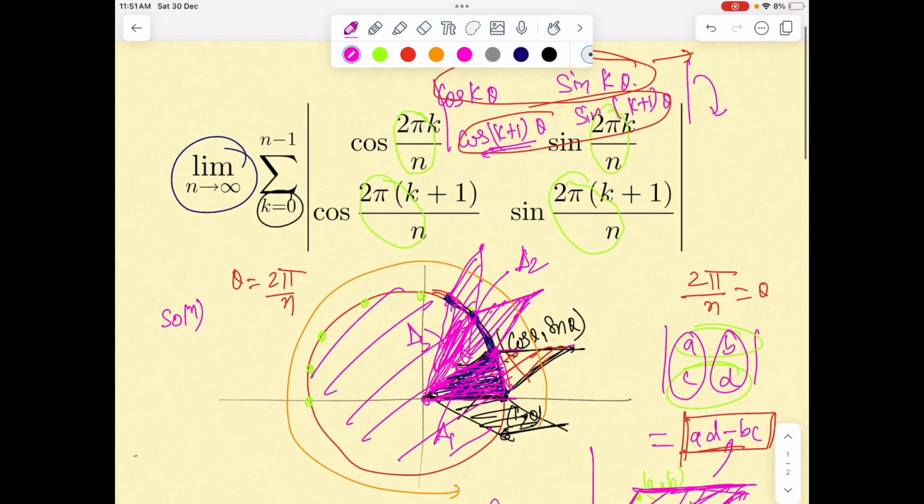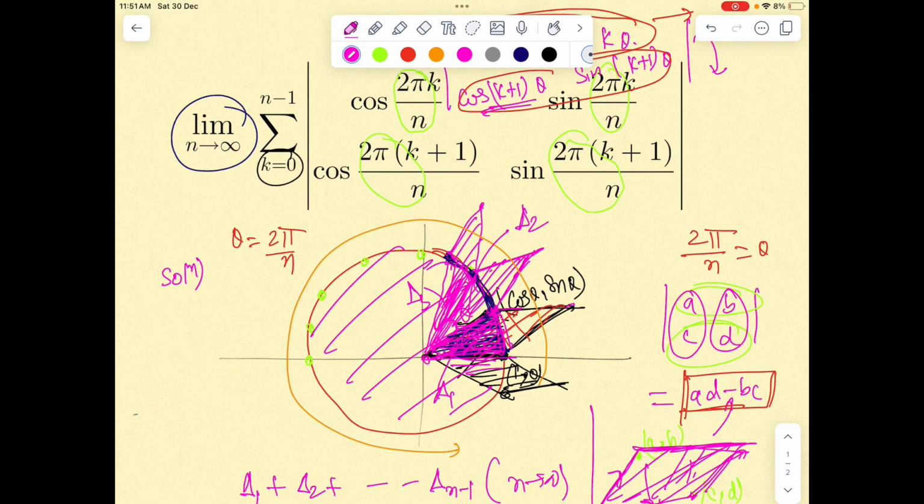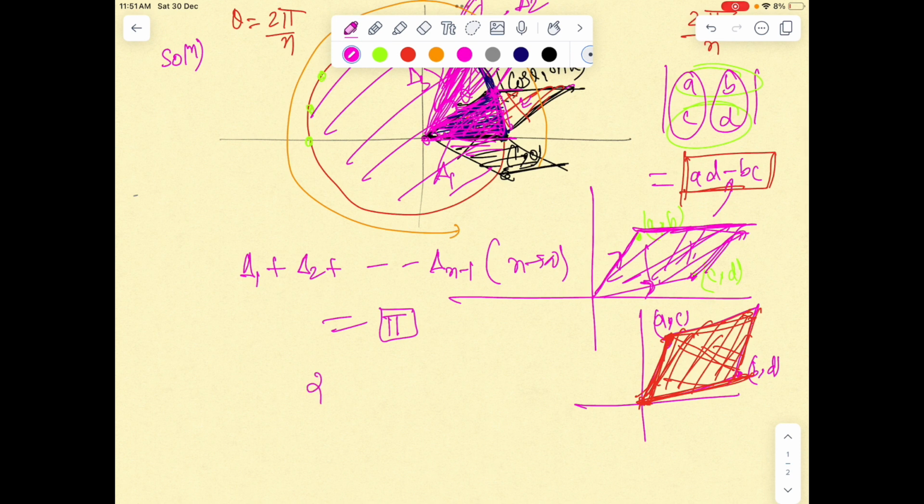So the area is pi into 1 square, which is pi. But that's not the answer, because pi is the area of this half triangle summation. We want the area of this entire parallelogram. So since these two triangles have exactly the same area because of congruency or symmetry, hence the answer to our